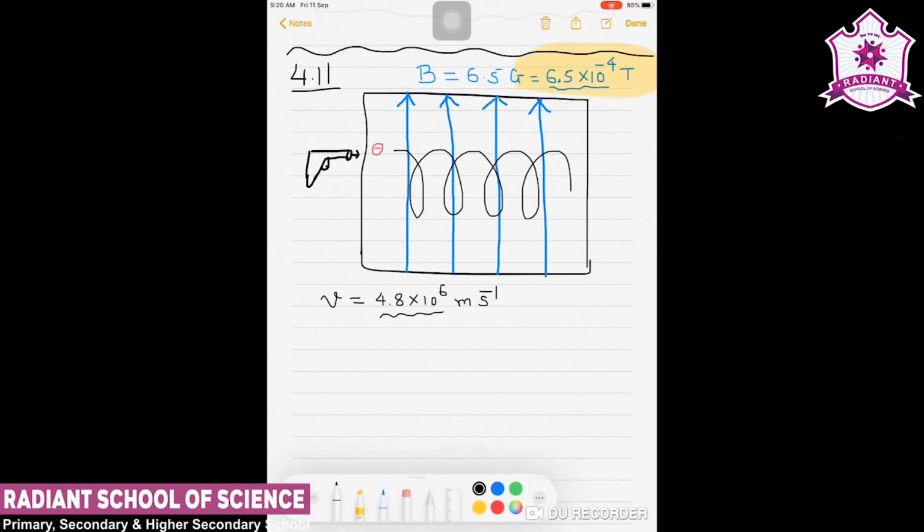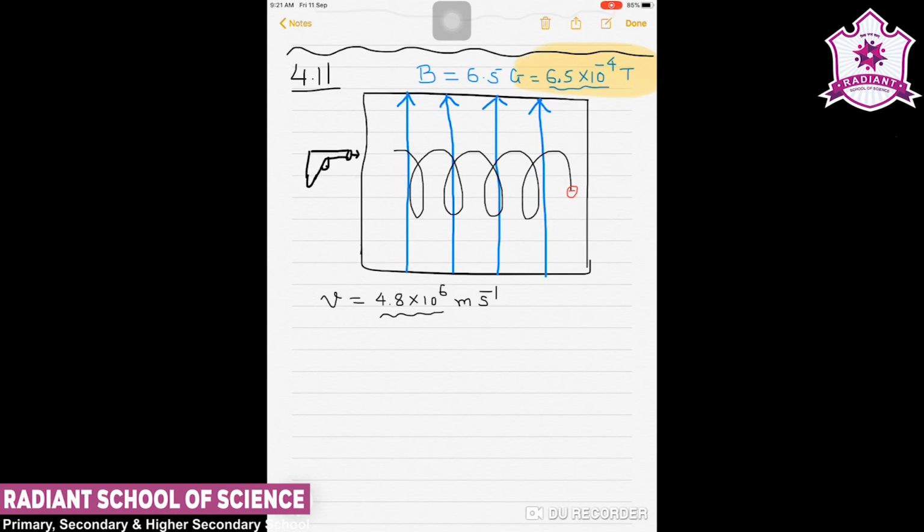So if we consider that the electron enters as shown in the figure, then what will happen? When it enters into this field, it will experience a force in such a manner that it experiences a circular force on it in the perpendicular direction, and it will follow this path. So obviously it will follow this perpendicular force, which is perpendicular to its motion, and so it will follow this type of circular path.